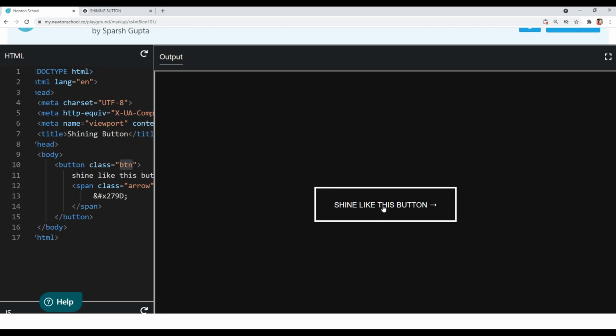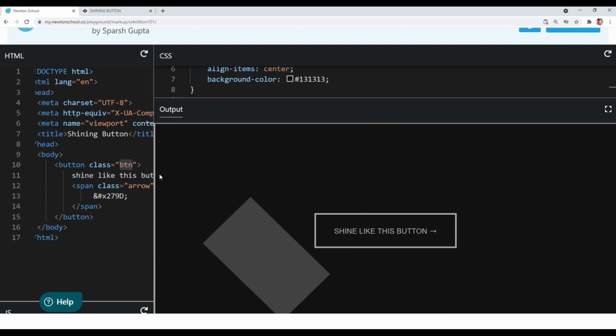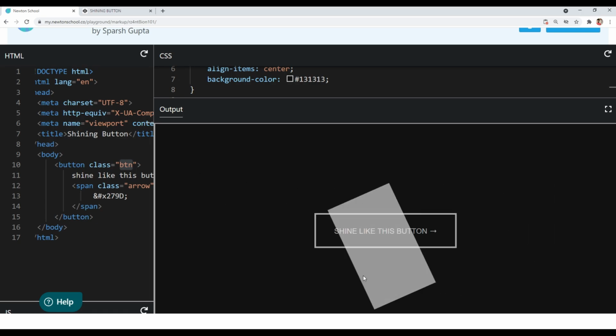When I will hover it, you can see that element going from left to right, and it's creating the shining effect. So what is happening basically when we are using overflow hidden, the part of our before pseudo element, so basically this shiny element, the part of it which is outside of this button is getting hidden.